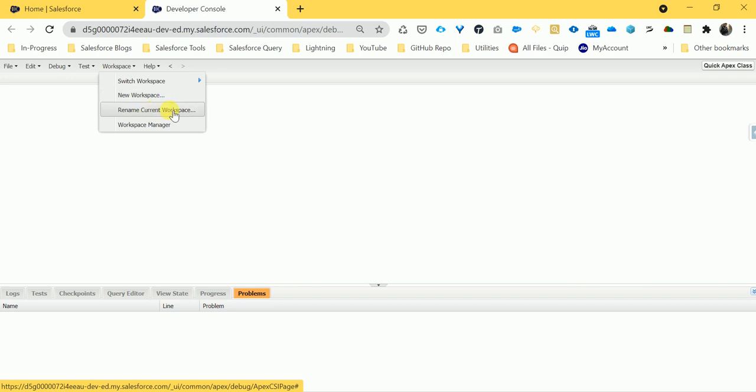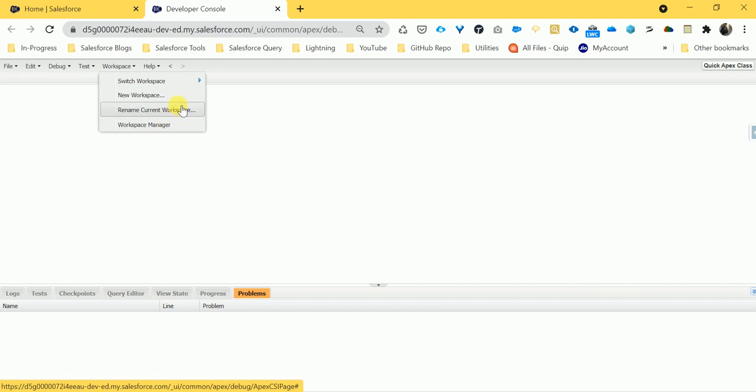Okay, rename current workspace and workspace manager. So workspace provides a user space, with a user default or system default. There are two types of settings available in workspace: user default or system default. User default is specific to the user, but system default applies to all. Once you configure it in system mode, it is reflected in all the functionality at a time. But in user mode, it always goes to the specific user, not all. Okay, so this is the basic difference between the user and system workspace settings.